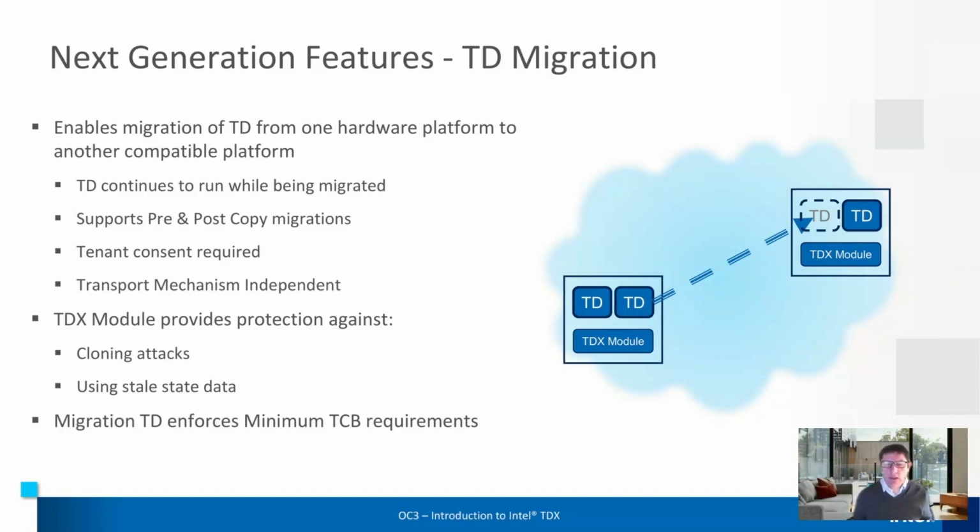Now, we did release some details of this a little while back. There are enhanced details on this process, and I think we're working to get this capability upstreamed for the next generation of processors. What this will allow you to do is support both pre and post copy migrations. Now, as a tenant, you are going to have to consent to this, right? So it's going to be visible from the attestation whether your TD is migratable from one machine or not. And if you so choose from a security policy perspective that you don't want that, then that's a conversation you would have to have with your CSP about